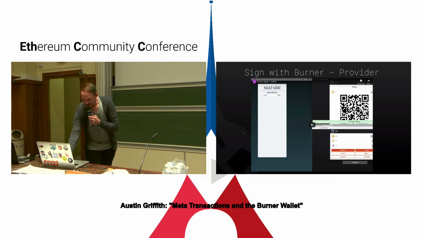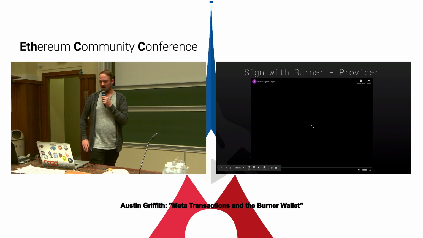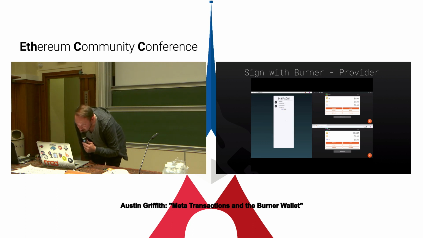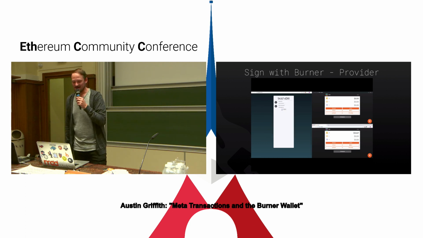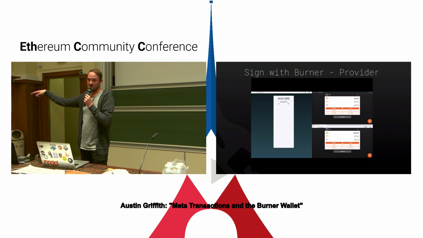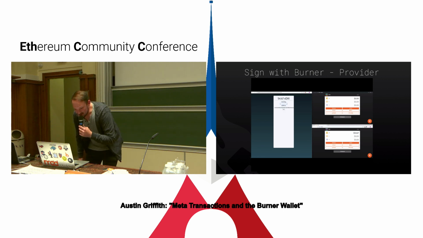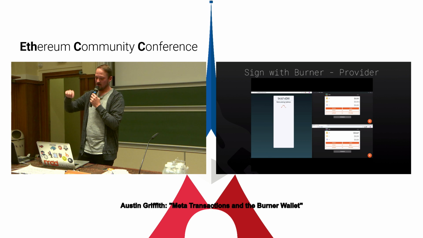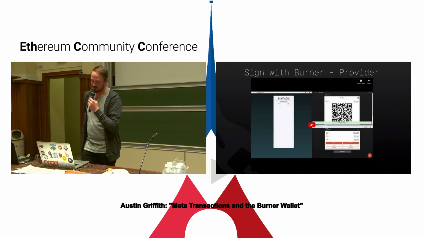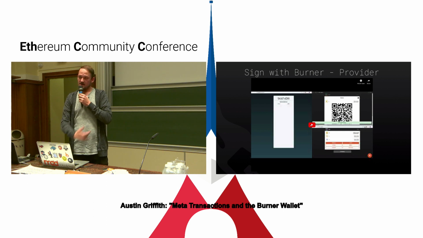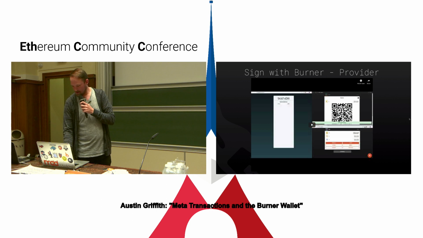So this is a demo of signing with burner. This is my buddy Brian Ethier doing a demo where he has mydai.io, I think. Oh, that's localhost right now, but it's mydai.com or .io or something like that. But basically, he makes a new wallet and just hooks it into the burner. And I think what is he doing? He's sending XDAI. And basically, when you send XDAI, you can hook into the burner, and you can say, go, and it's basically like an API that lets you, there we go, we see he triggered a transaction there at the end. So there's this kind of permissionless extensibility that can come out of this with the burner.